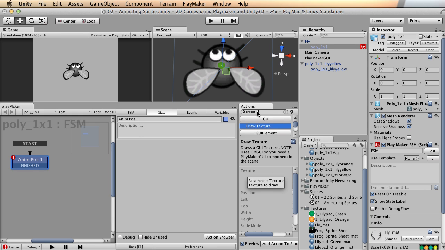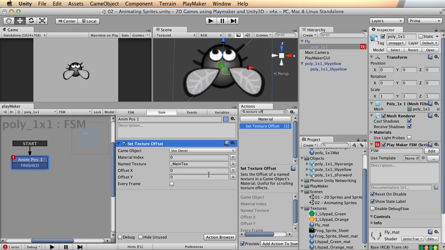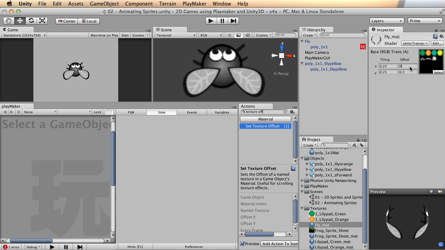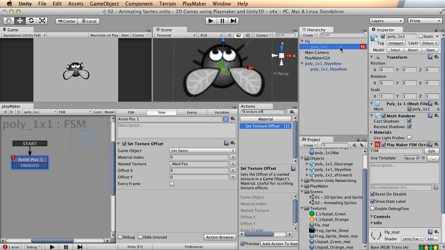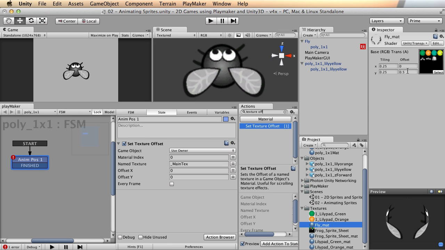texture offset. A set texture offset. And it's set to use owner by default, which is great because, once again, we're on the thing. Material index and named texture just point to the default material. If you have something with multiple materials, you're changing the name, then this is where you'd use these. But otherwise, you don't have to worry about it. Now, offset X and Y, these two parameters right here, are exactly the same as this offset right here, X and Y. We are specifically telling Unity to change the value of this right